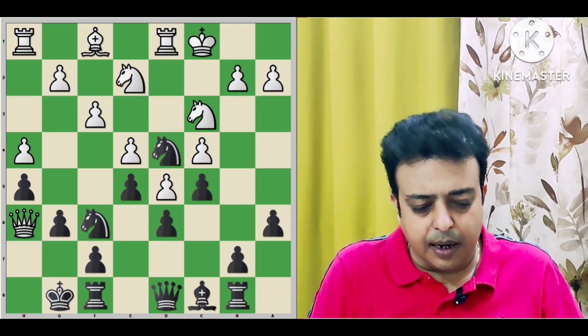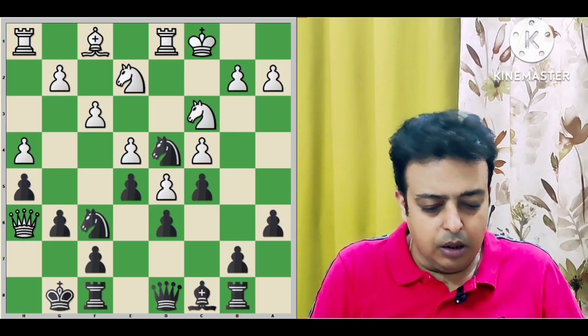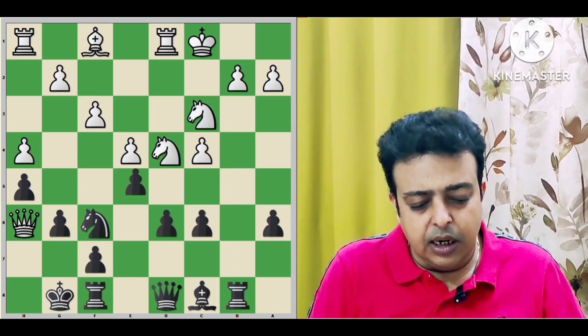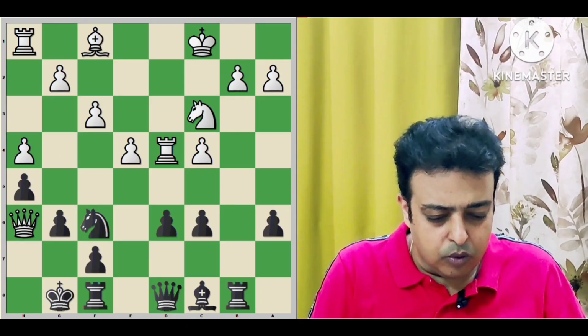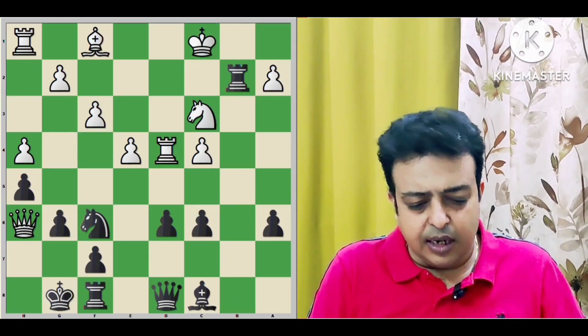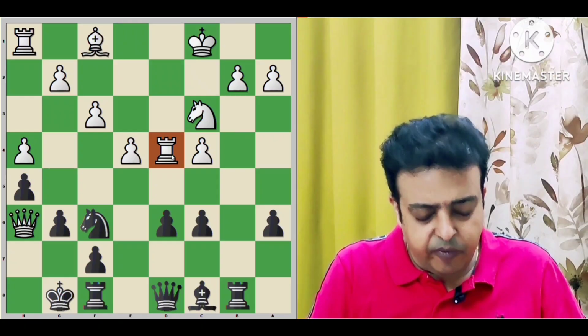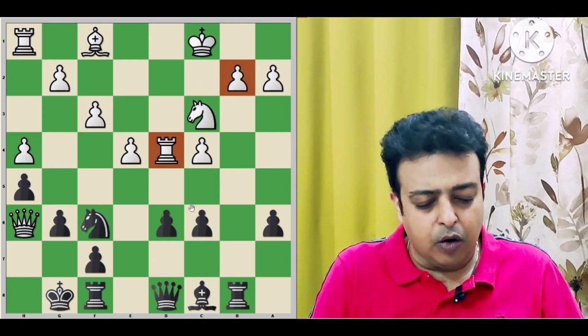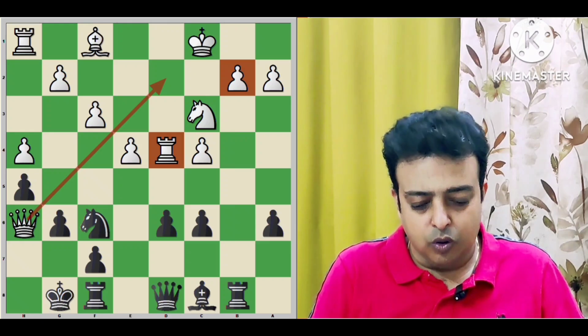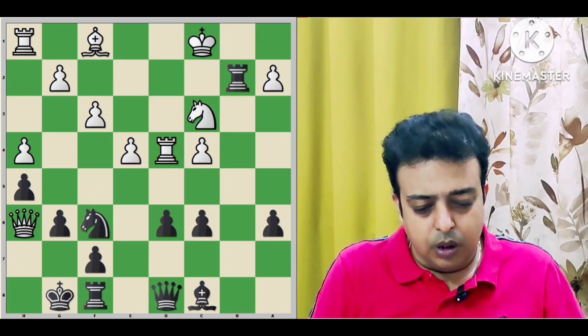This is a very standard practice to sacrifice on d4. dxc, bxc, Nxd4, exd, Rxd4. There comes the stunning move, Rb2. This is often the case because we are trying to exploit these two squares. Instant Qb6 would allow the queen to come to d2. So Rb2, Kxb2,